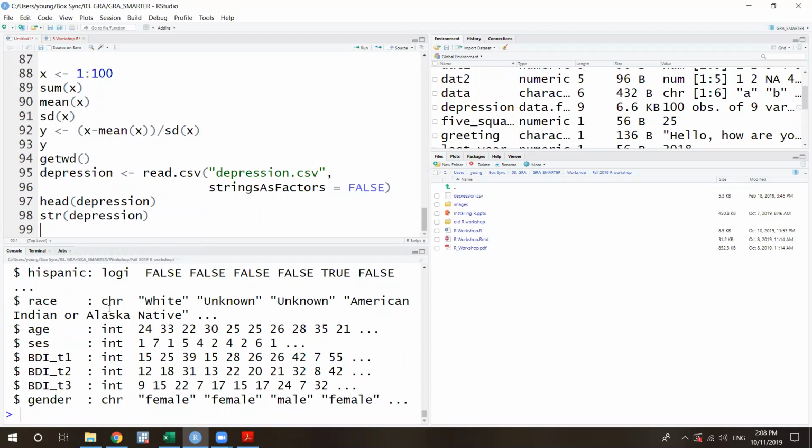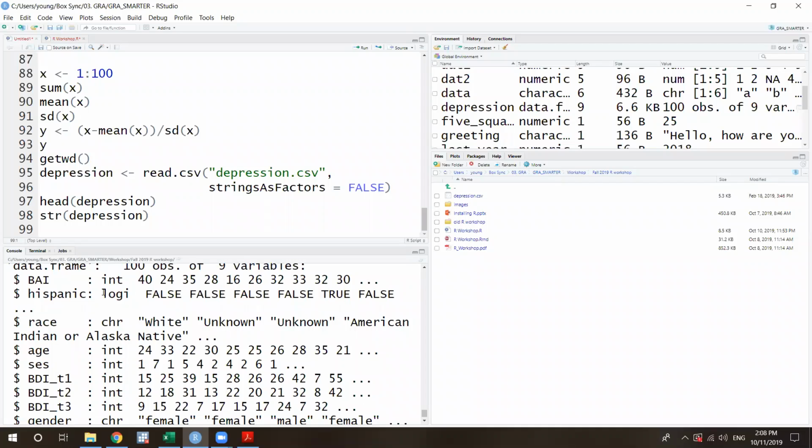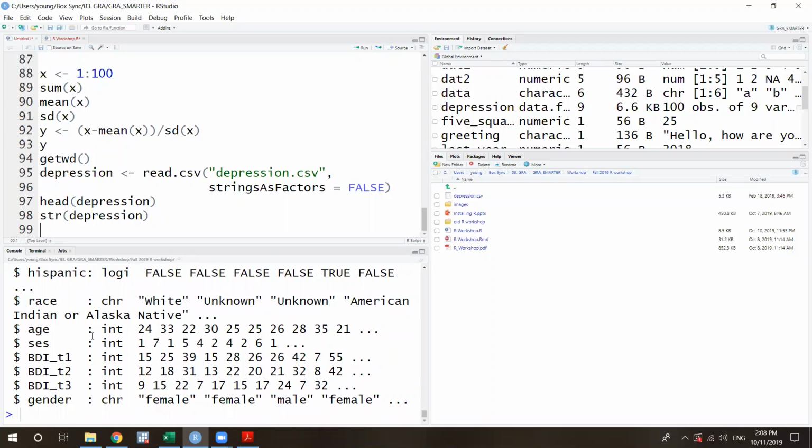For example, you can see the anxiety is integer, and then this is logical, and then race is character right now, and then there's a numeric which comes as an integer, and then the last gender variable is a character. So this is a useful function to get to know the type of the variable.